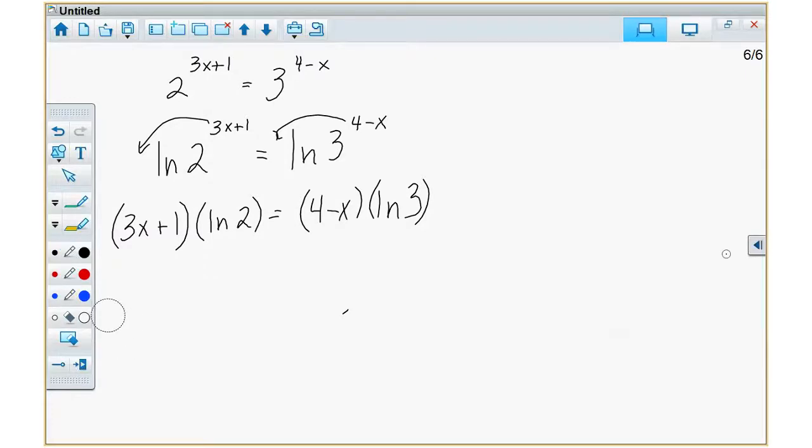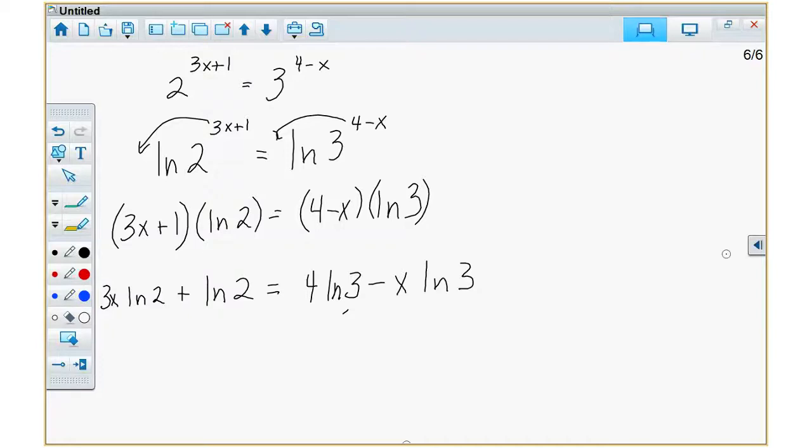So I'm going to distribute the natural log because I don't have my calculator and I really don't want to use it. So natural log of 2, 3x, natural log of 2, plus, I'll do this in my head. Natural log of 2 times 1 is natural log of 2. Equals 4 natural log of 3 minus x natural log of 3. Sorry. Now,